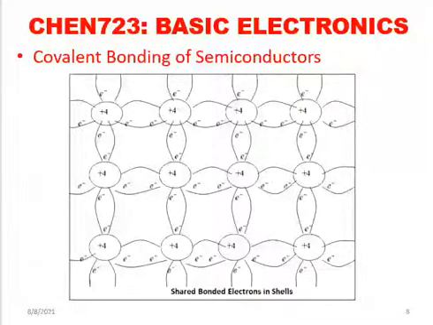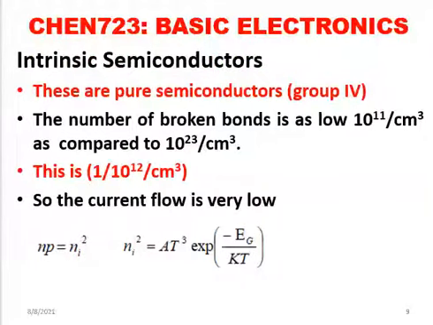Each of these 4 also contributes 1, so that between each pair of atoms we have 2 electrons, one at the top and one at the bottom, which means one is supplied by this atom and the other by the lower one. In this case, all the bonds are intact so we don't have free electrons, and the semiconductor behaves as an insulator. But whenever you apply heat energy or electrical energy, the atoms gain stronger energy, start vibrating, and the bonds break. The moment they break, the conductivity starts.